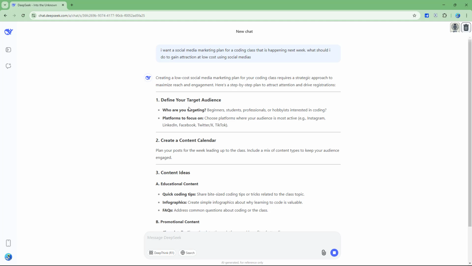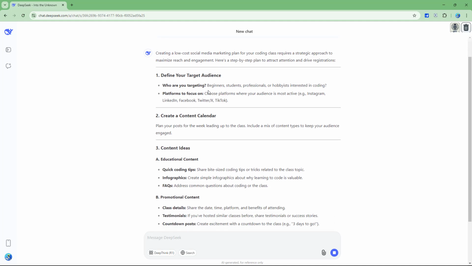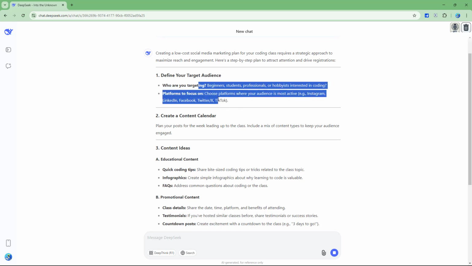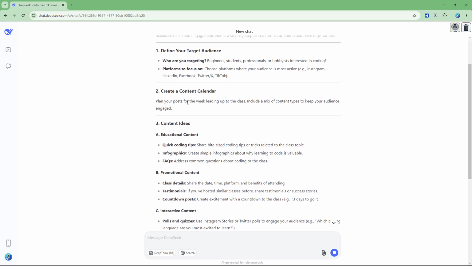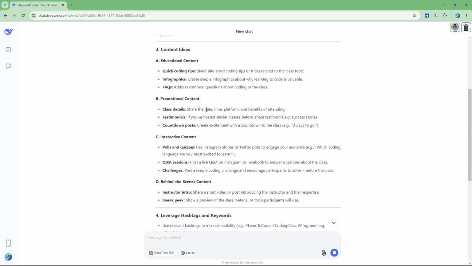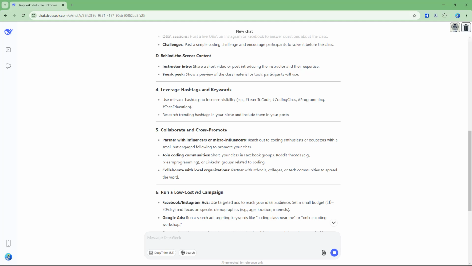So it says define your target audience. So it says who are you targeting? So beginners, students, professional, hobbyists, and so forth. So you can see that you can go ahead and then define this out. And you can choose a platform as well, and it says create a content calendar right here. So it says plan for post for week leading up to class and include a mix of content types and so forth. And you can see that these are the content ideas that has been given and provided to you